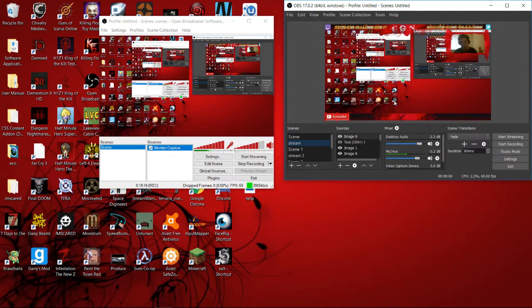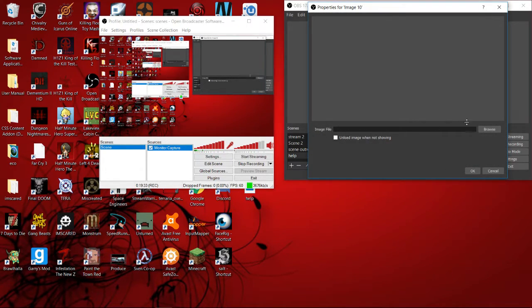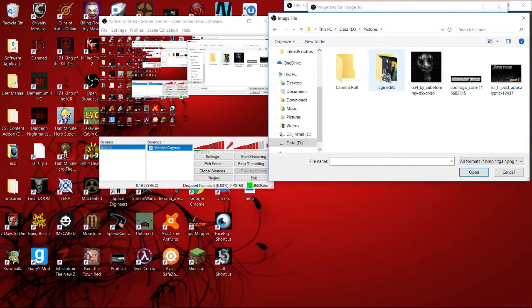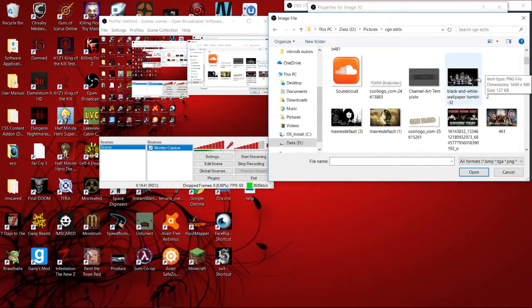That's kind of my type of thing here. I've set the text and my overlays up. In order to do your overlay settings, you add image. Okay, browse. Let's just say for an example, let's go on the edits. Let's say for an example, I want to put that on here